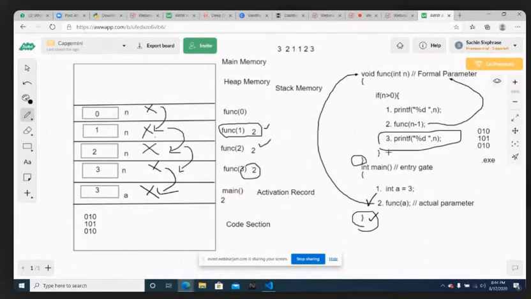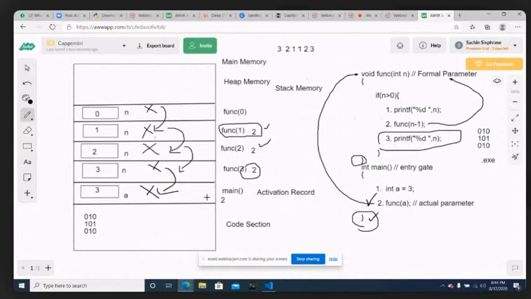But that third line definitely needs to be executed. How? It will execute from the top to bottom. At the top you have func of 1, so first that printf will work for func of 1 where the n value is 1. We printed 3 to 1 when moving from bottom to top.